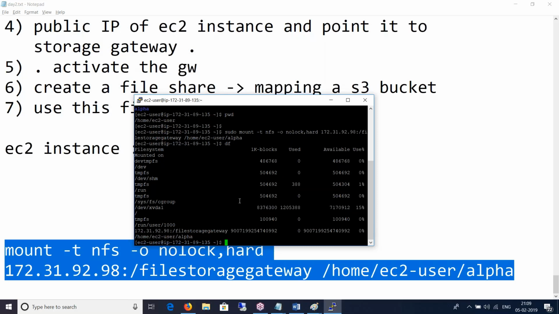But like I said, if it's a new company or startup, they will not have anything on their premise. And if they still want a private communication, then they have no option but to create a storage gateway in AWS.